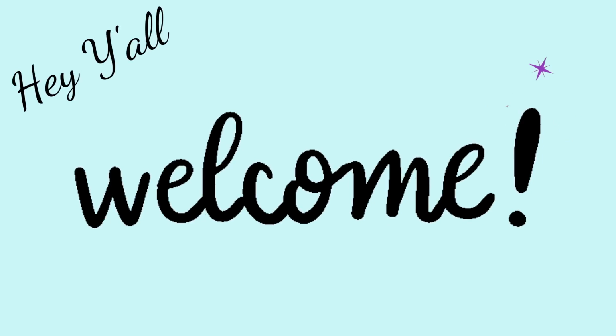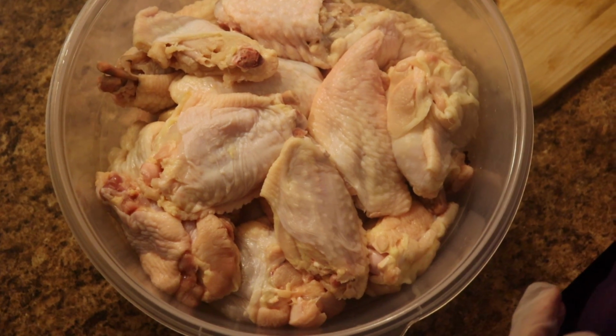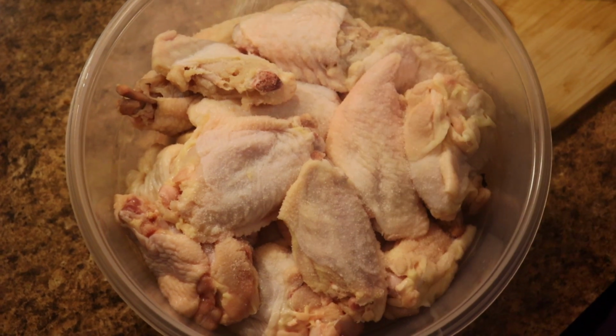Today we're going to be doing some curry chicken with potatoes and carrots. So let's get into it. So here is my chicken that I've cleaned with some salt and vinegar and some lime, and we're going to